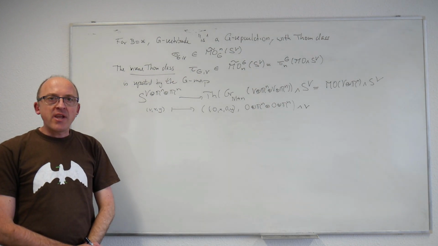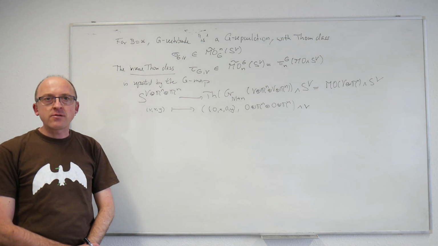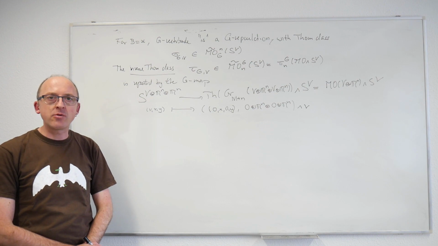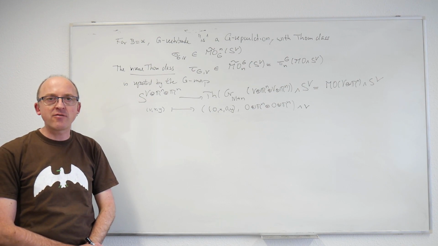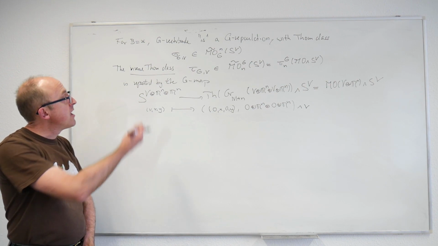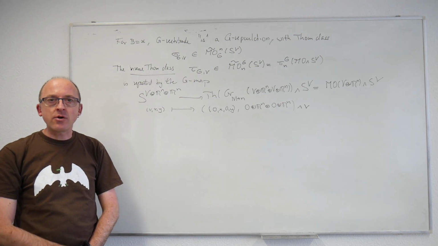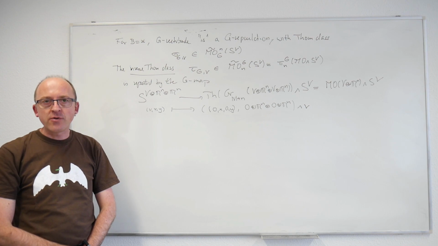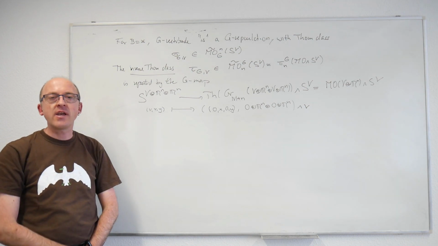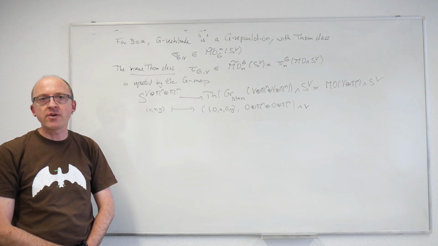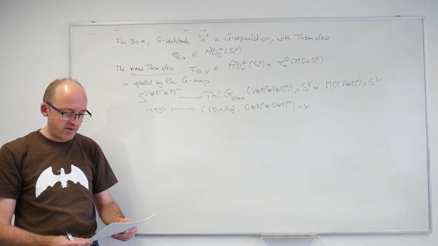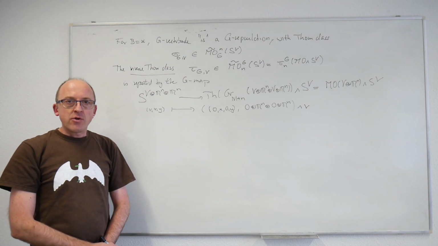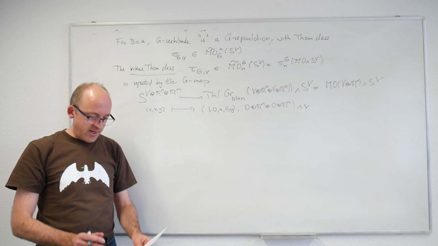Now I would like to explain why orientability, so Thom isomorphisms for equivariant vector bundles, is essentially incompatible with being globally connective or equivariantly connective. After all, I'm claiming that this MO is not globally equivalent to the little m capital O, and I will show this by showing that this one is not equivariantly connective, not globally connective, and hence they cannot be globally equivalent. For this I want to remind you of what Euler classes are.